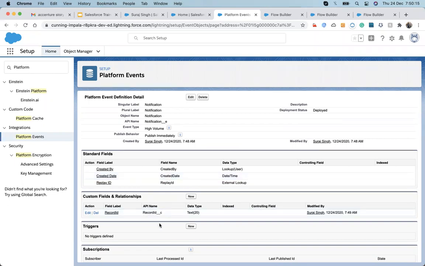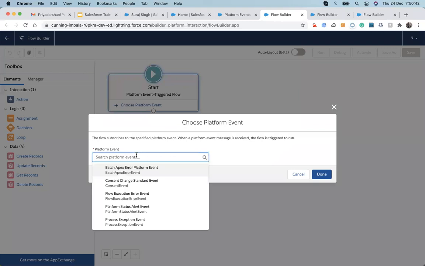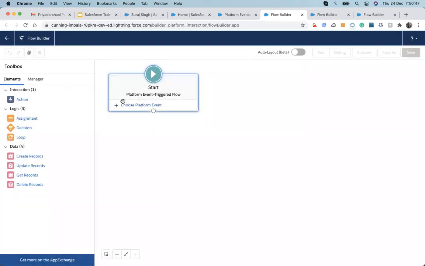If you want to send some details in the notification, we can create fields, and those fields contain the notification details. We will discuss how we send platform events later. In the flow, for subscribing, we just have to choose it. I might need to refresh so that it comes up here.